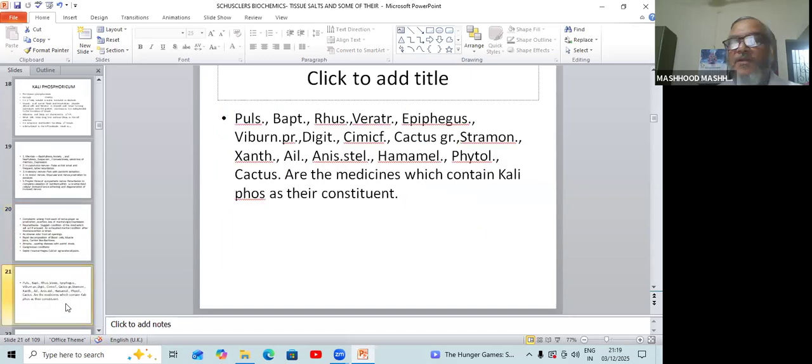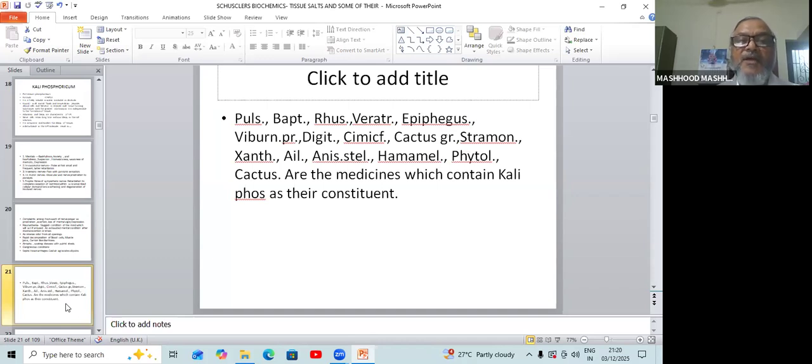Then the next one: pulsatilla, baptisia, rhus tox, veratrum album, veratrum, epiphegus, viburnum opulus, digitalis, cimicifuga, cactus grandiflorus, stramonium, xanthoxylum, ailanthus, anisum stellatum, hamamelis, phytolacca, cactus are the remedies which contain Kali phos as their constituent. See, pulsatilla also contains Kali phos. It's very important. This pain,